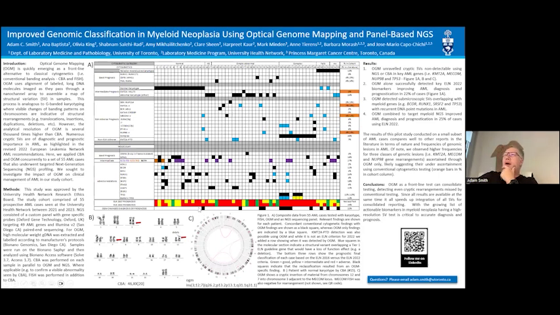We'll go into some more detail on some of the items. What I really wanted to show, and maybe some of you have already seen this presentation before, is a summary of 55 acute myeloid leukemia cases that we had done in our validation for OGM, but that we also had molecular data for,